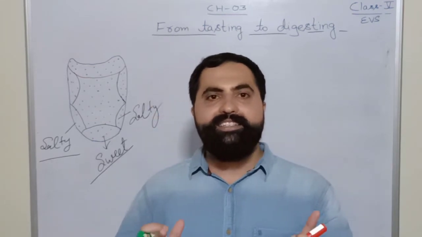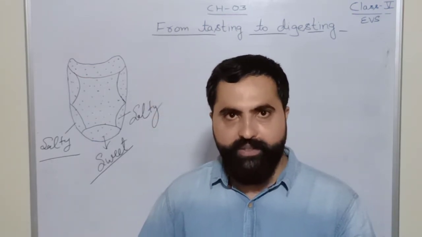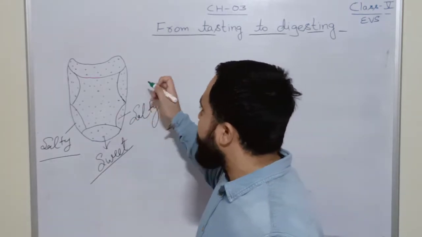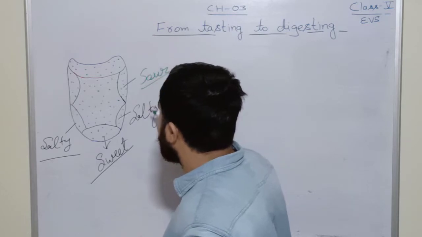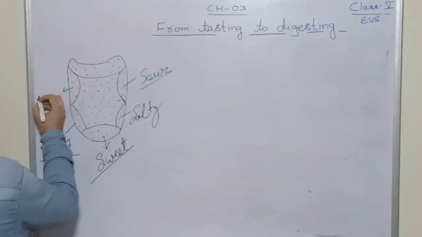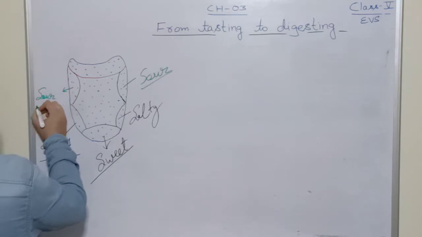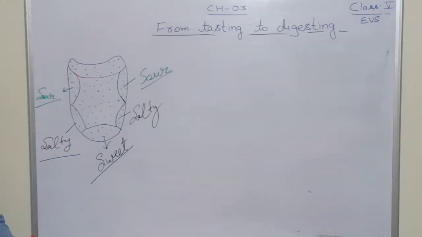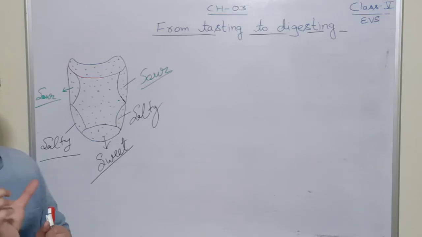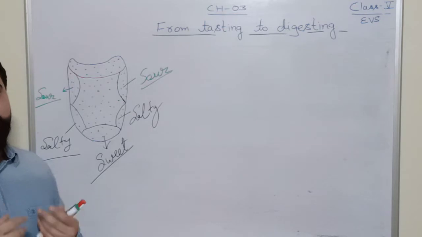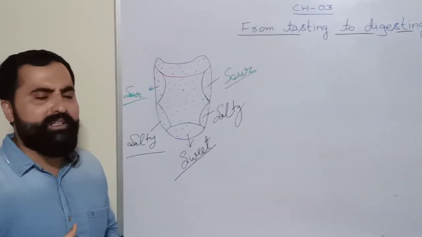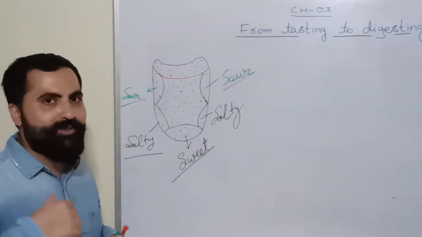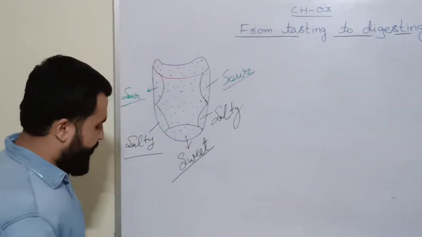So class, next is the sour taste. We can identify sour from this part of the tongue, and this side also. One more taste is bitter. Like when we eat karela, we also say bitter karela. So karela taste is bitter. Which part of our tongue helps us to tell that karela is bitter? That is